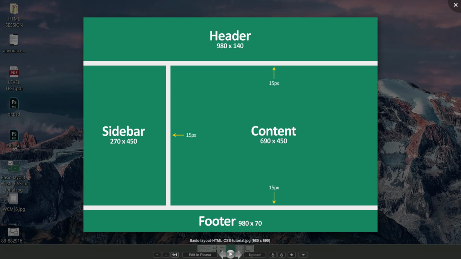Now if you see here, the white space between the divs is the margin, so you have to use margin. It is written 15, not percent, but px, 15 pixels. Remember, you have to give width in percentage, and the rest of the properties you have to give in px, meaning pixels. So do practicing.